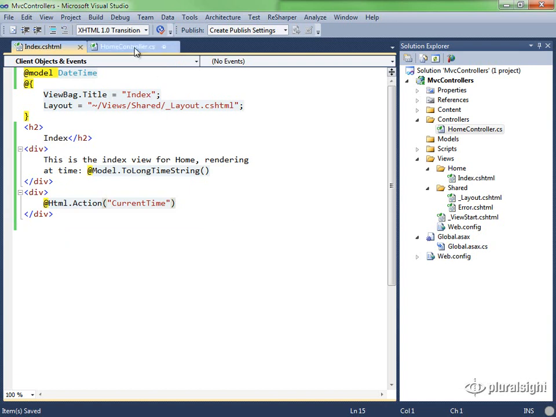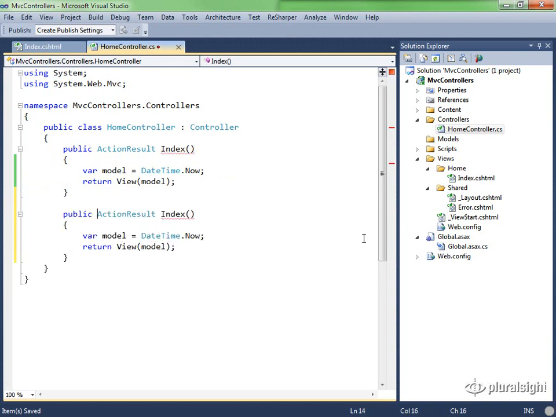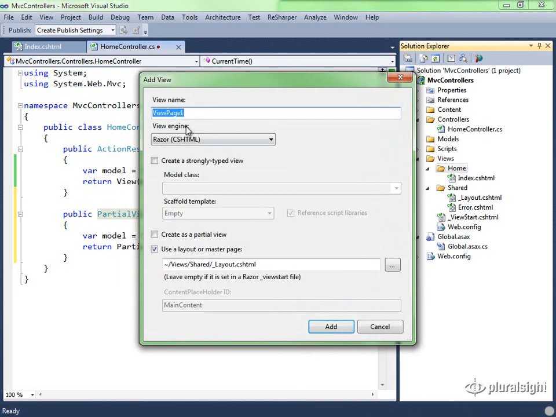The CurrentTime action can look just like the index action, except we are going to return a partial view, and I'll just make that explicit. It doesn't need to be explicit for output caching to work, and this is called CurrentTime. Since this is returning a default view, we'll need something called CurrentTime in our views folder, and this is a partial view result. So let's go to the home folder, add a view called